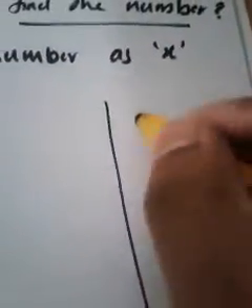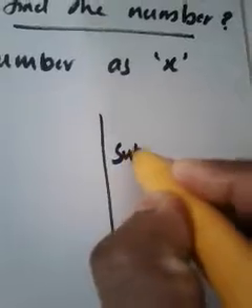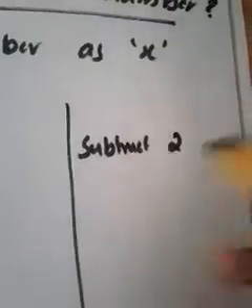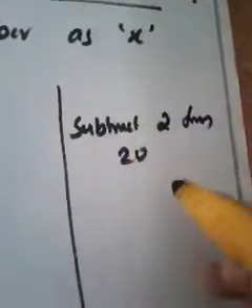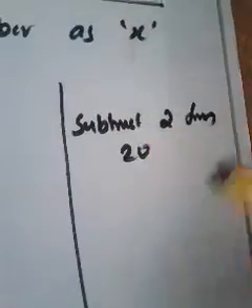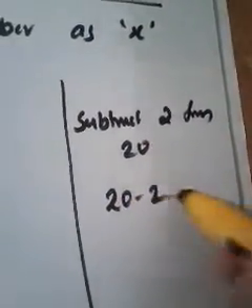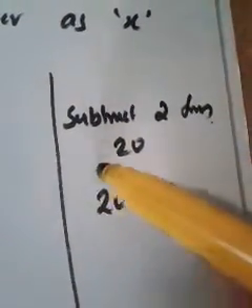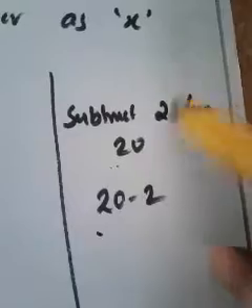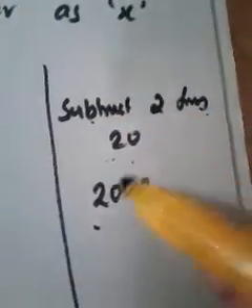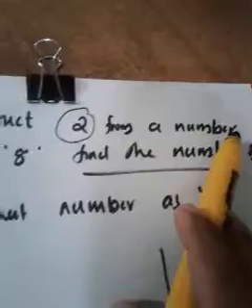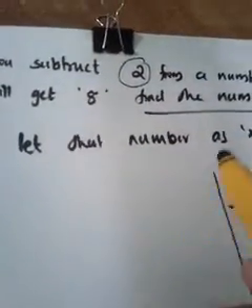See, my question is, if I write like this, subtract 2 from 20, how can you write this? How can we write 20 minus 2? No, not 2 minus 20. Subtract 2 from 20 means the number after "from", which is 20, you have to write first. Then minus 2. Subtract 2 from 20 mathematically is 20 minus 2. Then subtract 2 from 10 is 10 minus 2. So when you subtract 2 from that number, you are supposed to write that number minus 2.